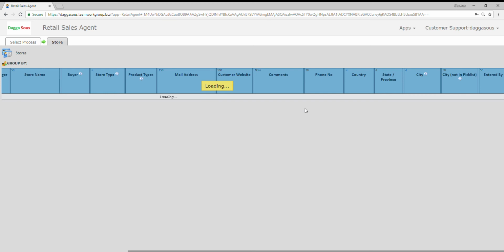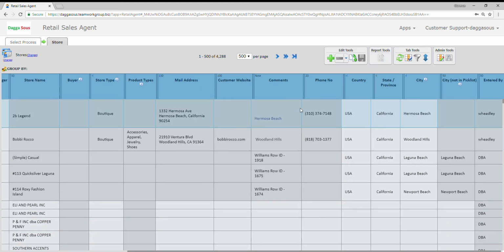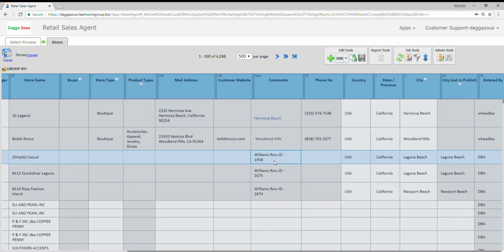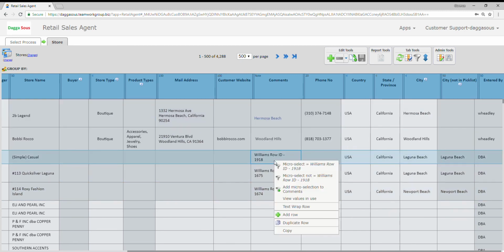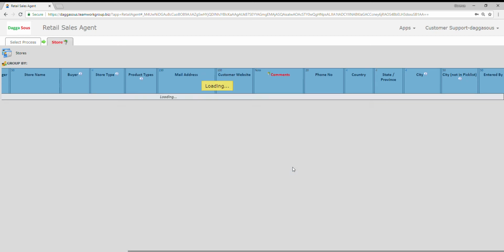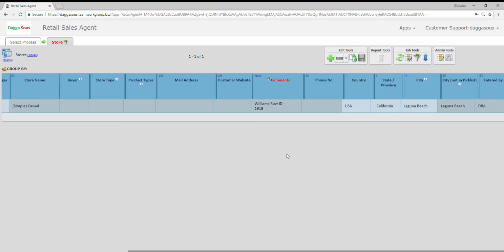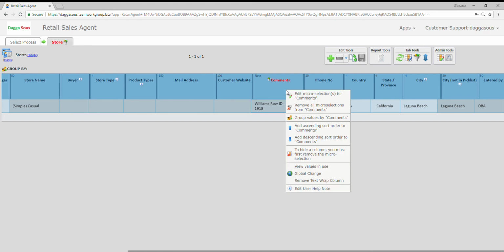Another little tidbit, if you want to find something quickly and you don't want to type it out using a micro select, I think I've shown you this before actually. Let's just say you want everything with Williams row ID. You could just right click that and say micro select, because you're right clicking exactly what you want and you're doing a micro select, and then that gets you just that one entry. Unfortunately, in that case, remove,